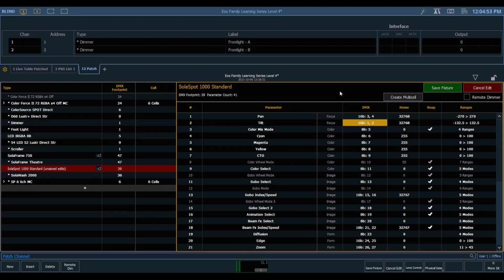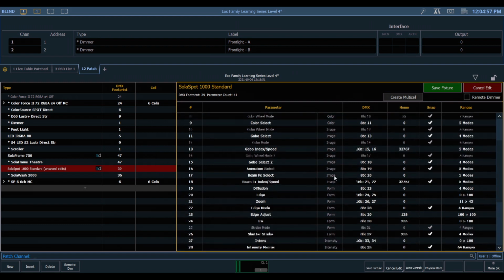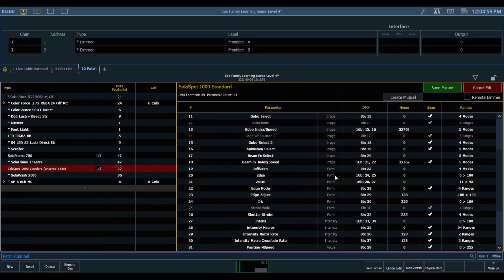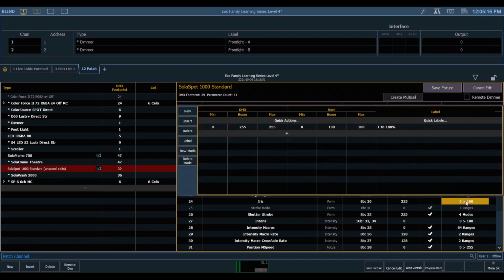So we've swapped those. And the other thing I want to change is our iris range. So this is common sometimes with fixtures. You'll get them and fire them up, and you'll see that the iris defaults to closed instead of open. So an easy way to do that is to change the home value. So this one defaults to full, which is what I would expect. But for this example, let's open up the range here. And I just want to show this. We're not going to change anything in the range. I just want to point it out.